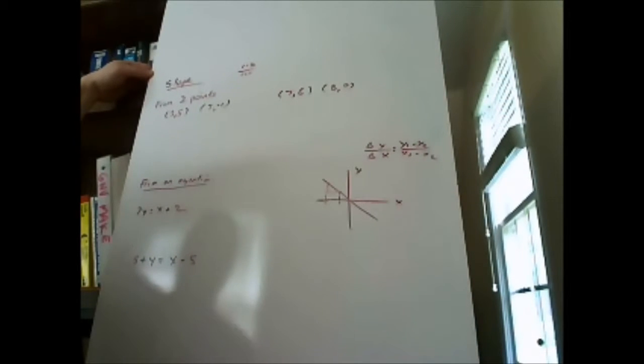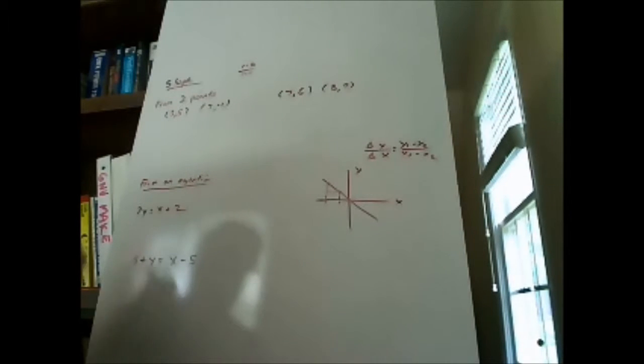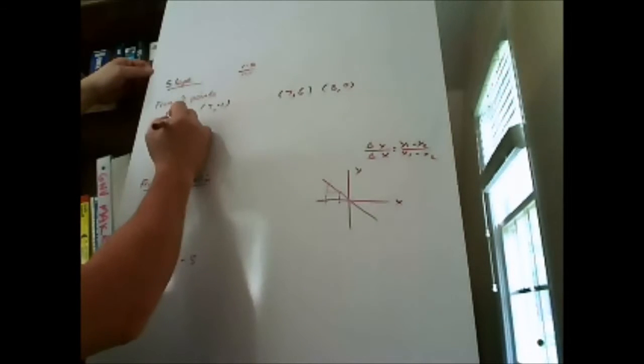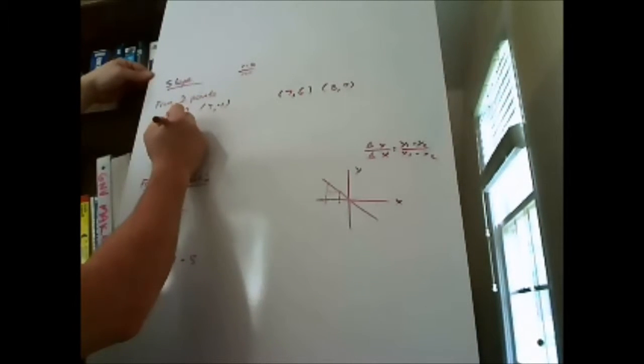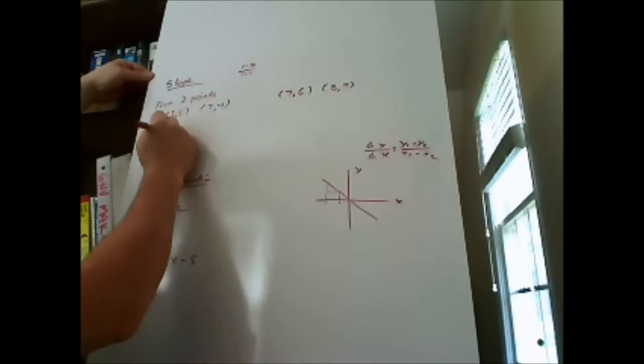The thing is, with two points, you have to be consistent on which is your first point and which is your second point within the problem that you're doing. So let's say this is our first point, this is our second point. So slope, which is m, which is change in y over change in x,